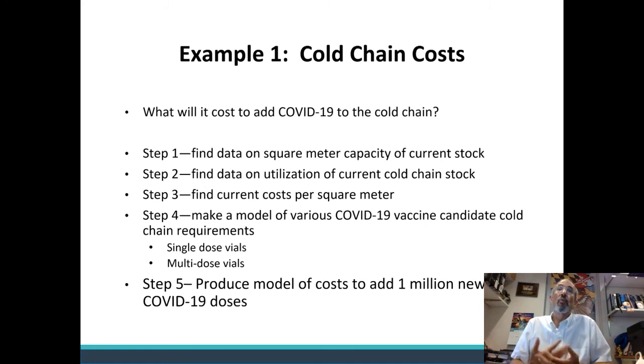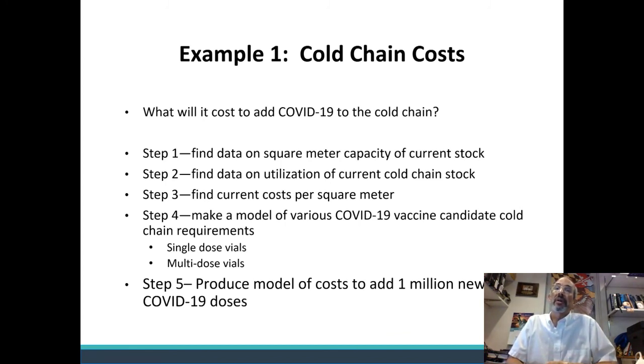The question is, what is it going to cost to add COVID-19 to the cold chain? Obviously, it's hard to solve that now, and right now we don't know the final vaccine candidate that's going to be successful in the phase 3 trial. We don't know how it will be packaged. We don't know how many vials will be in a container and so on. But that's okay. We can get ready even now by taking stock of what our current cold chain costs and